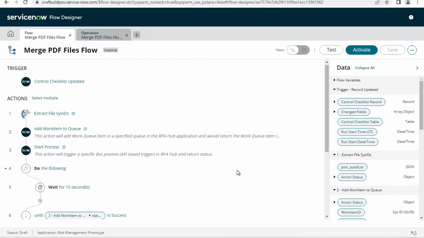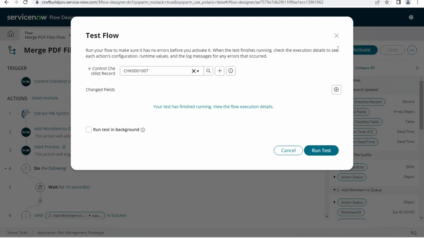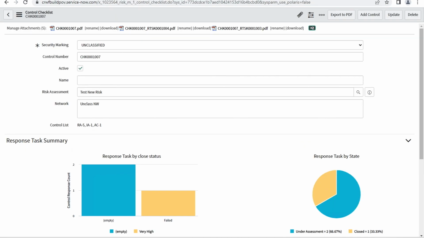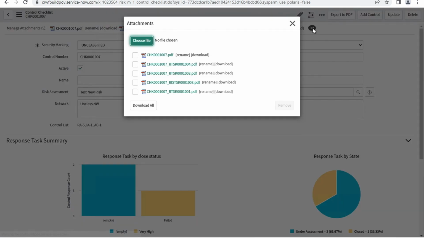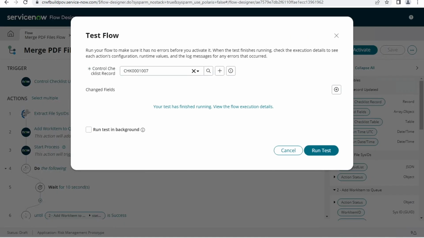the workflow. So if I click on test and I pick a control checklist, which I have open there, we can see there are multiple files, which I don't want to open because I don't want to display things I'm not supposed to display if I ever share that video with someone. So here I'm going to click run test,